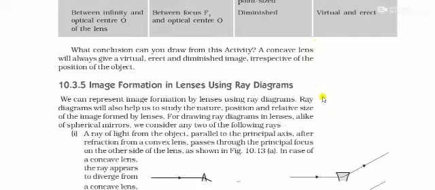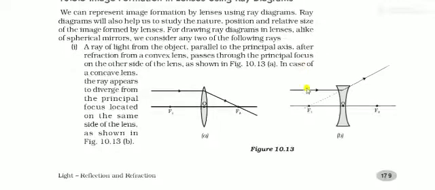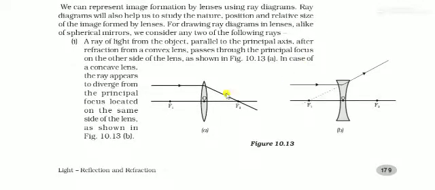Now come to the ray diagram. Let me explain first. See here, this is a convex lens and this one is a concave lens. As we know, in case of lenses we have 2 surfaces. So for this surface we have one focus point, and for this surface we have one more focus point. This side is f1 and this side is f2. Because there are 2 surfaces, it will have 2 focal lengths or 2 focus points, 2 centers of curvature and all. Same for concave lens also, f1 and f2.